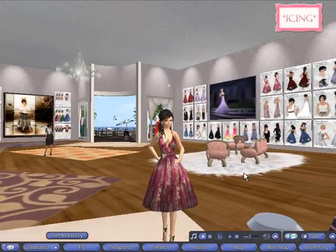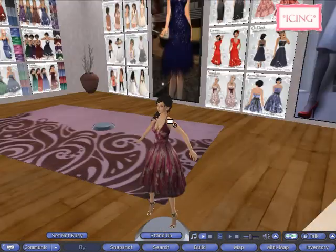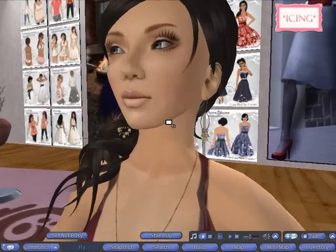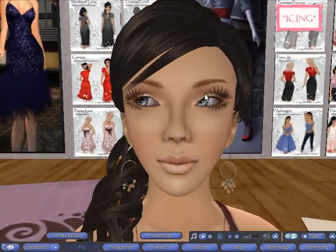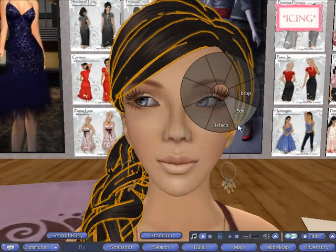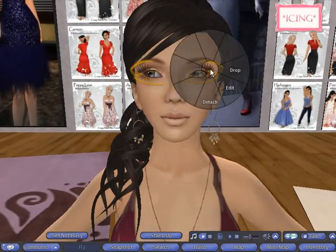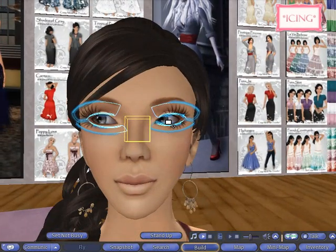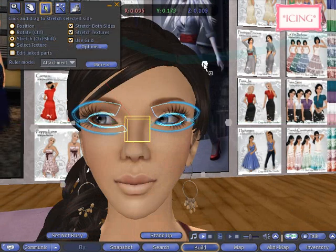Alright, so now that we have those on, let's hop onto a posing stand because trying to adjust prim lashes on a moving avatar is a huge pain. So what I like to do is adjust just one eye at a time, and let's go into Edit and select the eyelashes, which is sort of difficult, as you can see. The first thing I want to do is stretch it into place. So I'm going to be fitting this eye first,